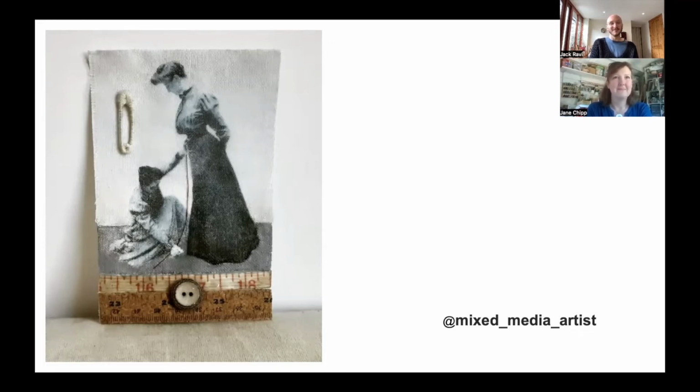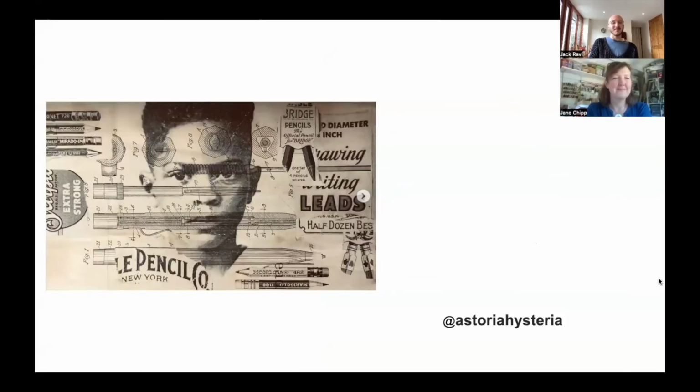This is beautiful. Every now and then you see a piece of art and you think, I wish I'd made that one. Oh, this is a digital collage that I absolutely love. There is so much in here. This is a story of Buana, who was a teacher and collected pencils, and so you've got all those elements intertwined in there. I love when artists play with transparencies,